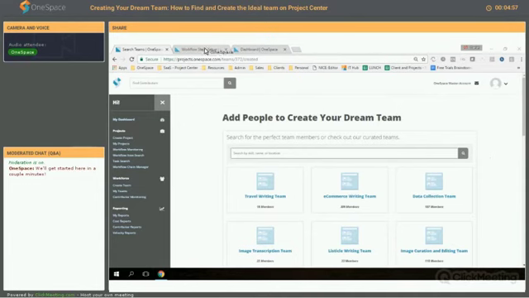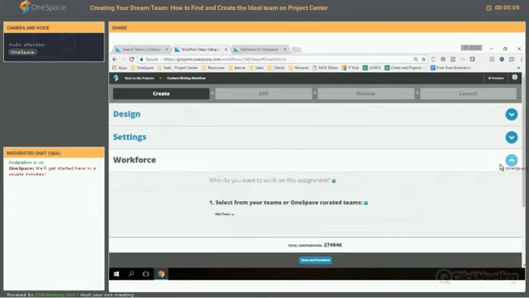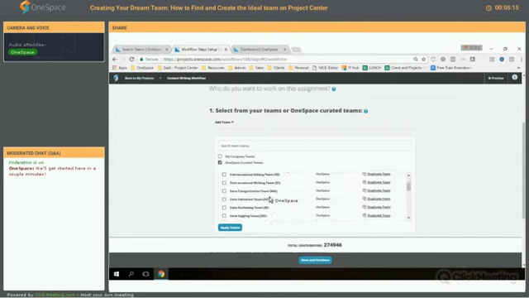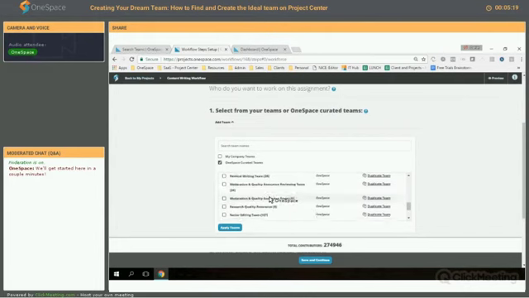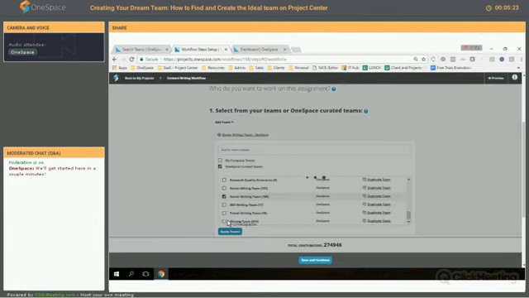To use one of our curated teams, let's head over to the Workflow Setup view in Project Center, where you configure your assignments. From your Workflow Setup page, click on the arrow on the Workforce tab, and then click Add Team, and check the OneSpace Curated Teams box. All of our OneSpace Curated Teams will appear below, and you can check the team you would like to assign to your step. Click Apply Teams,